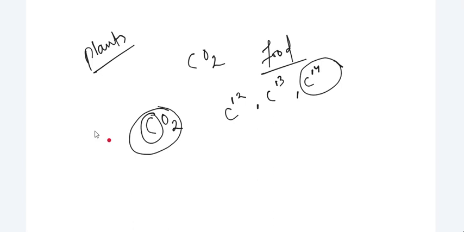So now the C14 came into the food. Food is then taken by all other organisms, and after the death of the plants, the bacteria and other decomposing organisms also consume this C14. So now C14 is present everywhere,